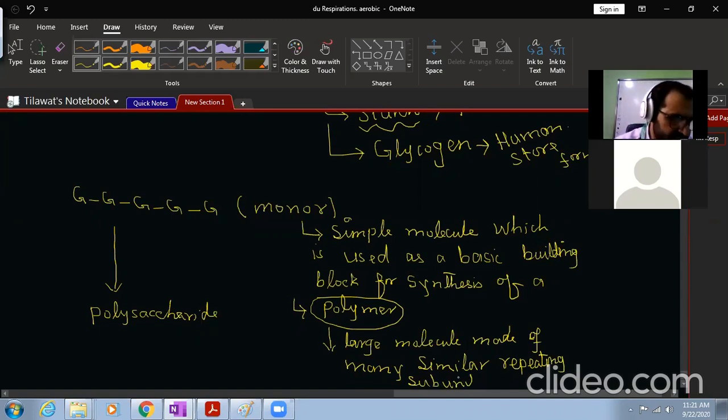Repeating subunits, right? Joined together in a chain or whatever, just keep it in mind that it is a large molecule made of many simple repeated